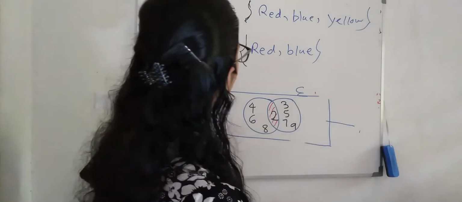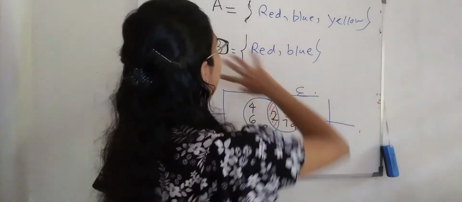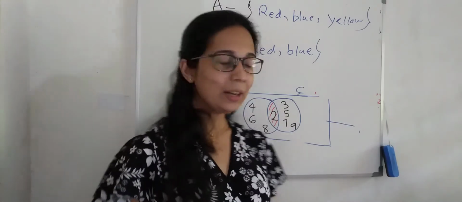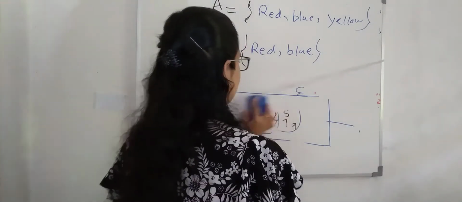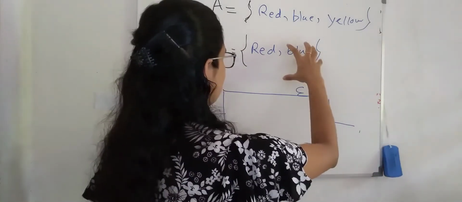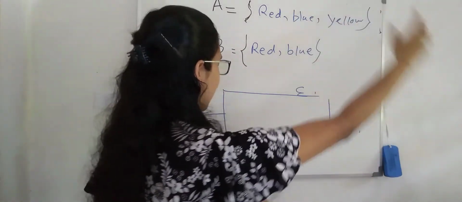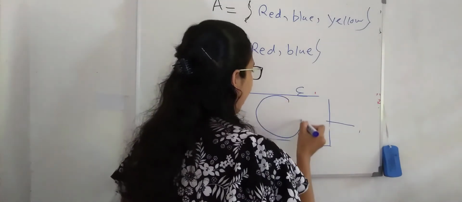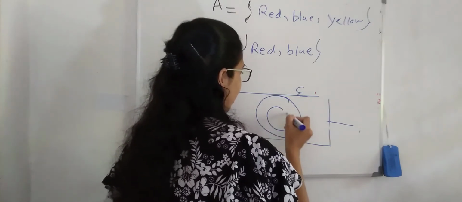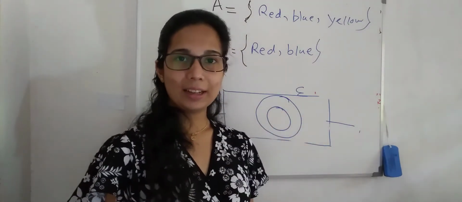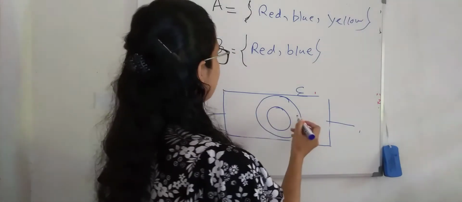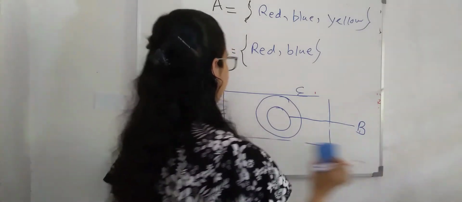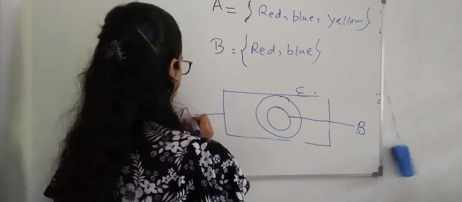Now let's see how to represent this situation in a universal set, right? Okay. Now we can clearly see here, this is a subset of the set A. Therefore, we have to draw a Venn diagram like this. Can you see here? Can you see that? This is the set B. Okay? And this is the set A.